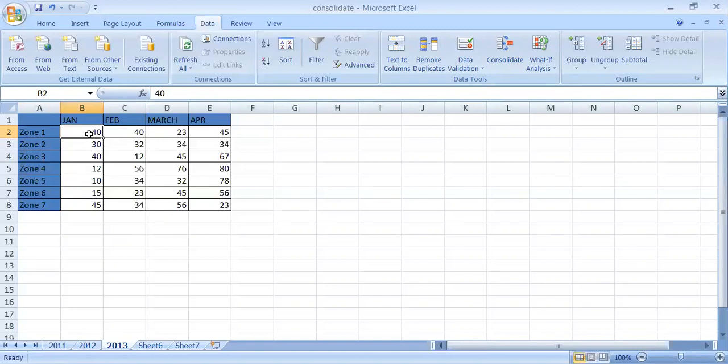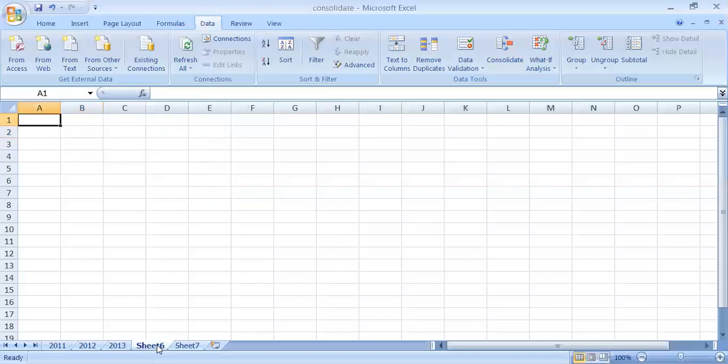When you have to do such a calculation, or calculate the total sum, you need to apply data consolidation. So I will take a new blank sheet, and in this sheet I will show how you can apply data consolidation. In the first cell, that is cell A1, first of all you have to press Alt, and with Alt you will press the equal to sign. Alt, then equal to sign.